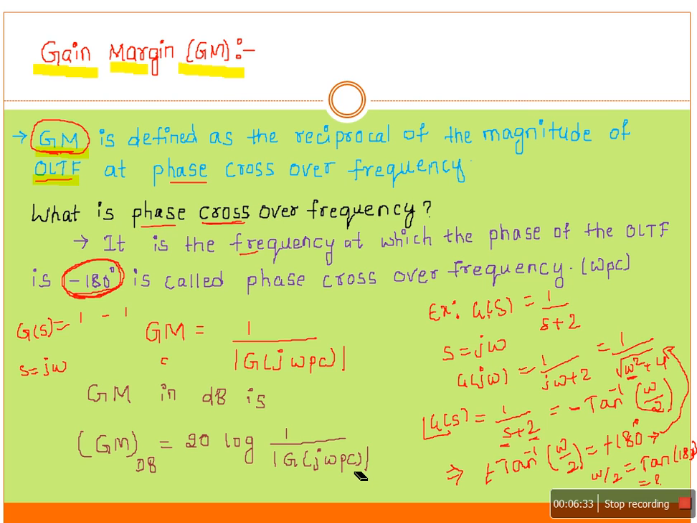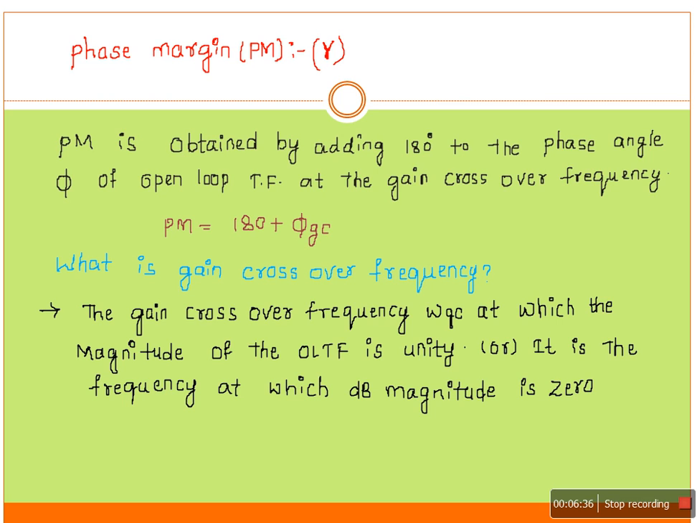So now we will move to the phase margin value. The phase margin is obtained by adding 180 degrees to the phase angle of the open loop transfer function at gain crossover frequency. So in order to get the phase margin value, we have to add 180 degrees to the phase of open loop transfer function, and the phase of open loop transfer function will be taken at